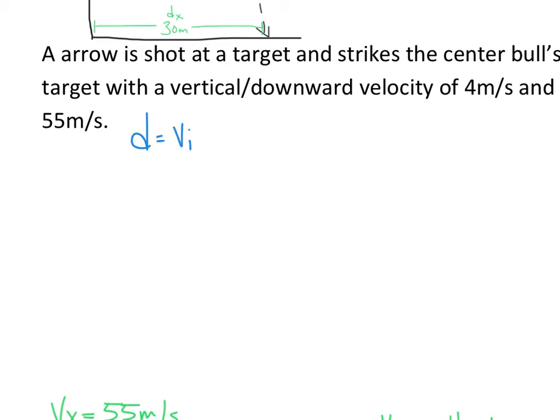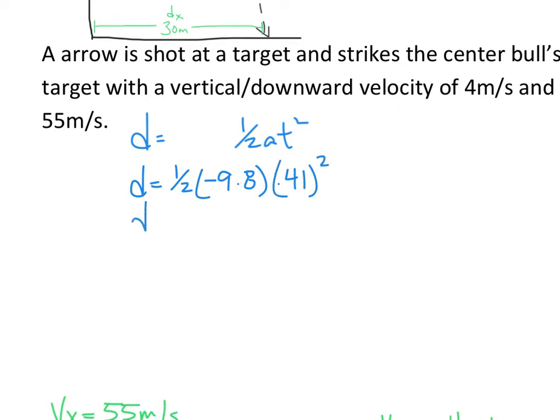d equals vi t plus 1/2 a t squared. Okay? Now, our initial velocity is 0, so 0 times anything is going to be 0. So this first part goes away, so I can ignore this, and all I'm left with is 1/2 a t squared. So d is 1/2 times a negative 9.8 times 0.41 squared. Okay, when I type that into my calculator and I multiply straight across, I get a displacement of